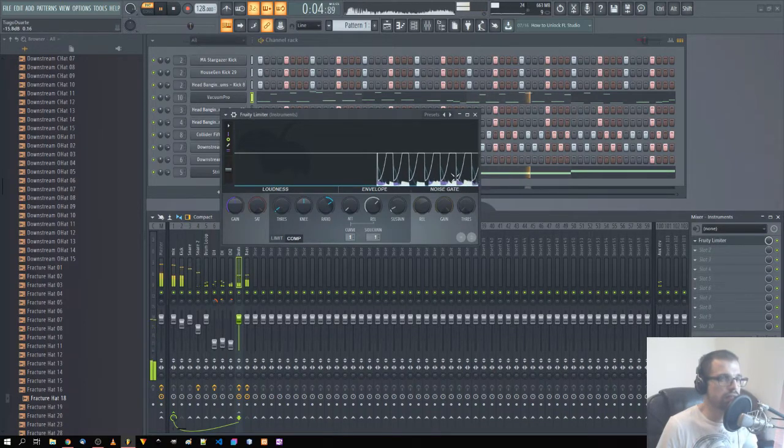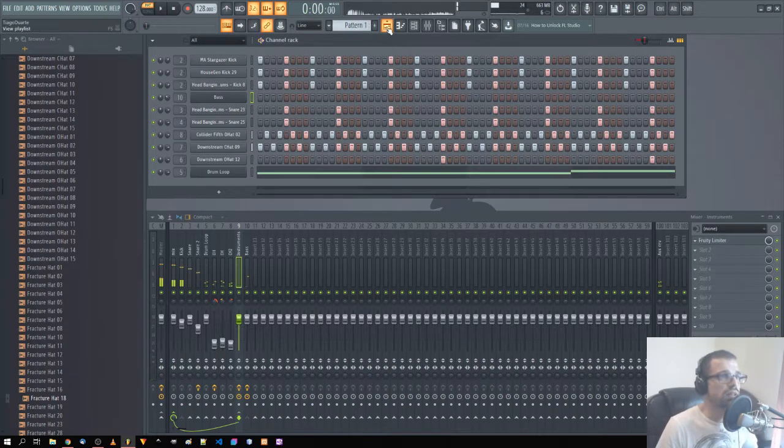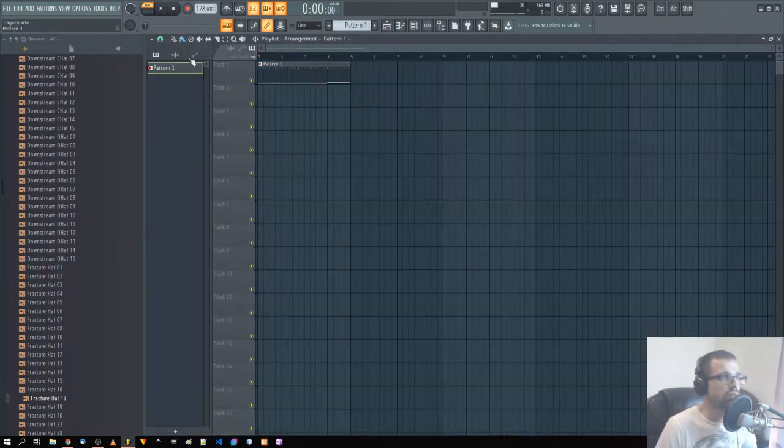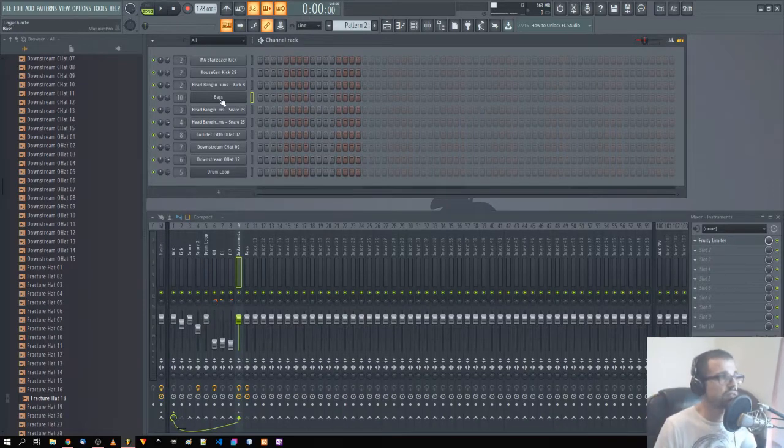Okay, so we still have to add some synthesizers and leads. So let's go ahead and start organizing our instruments. So this is drum loop, this is the bass, and I'm going to take out the bass from this channel or this pattern. Let's bring the pattern to the playlist. Let's put like this 8 bars, and let's create a new pattern, call it whatever, just leave it like this, because I will separate everything in the next